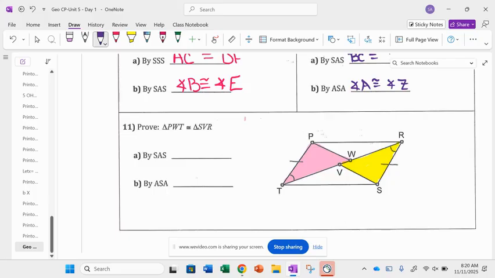And do you agree that angle T has a mark on it? Okay, so now for it to be side, angle, side, you sort of have to follow the pattern. So it's saying PT and then angle T. Now we need one more side. What would be the next side after angle T? Well, then you're skipping a side, right? So if you did PW,